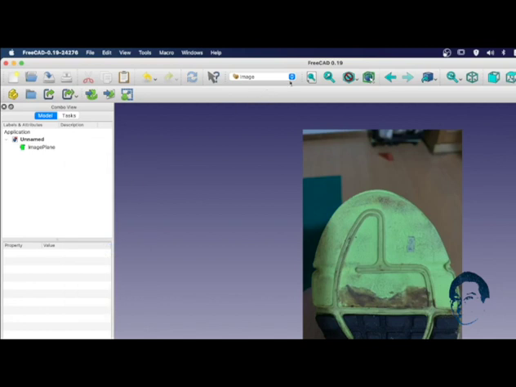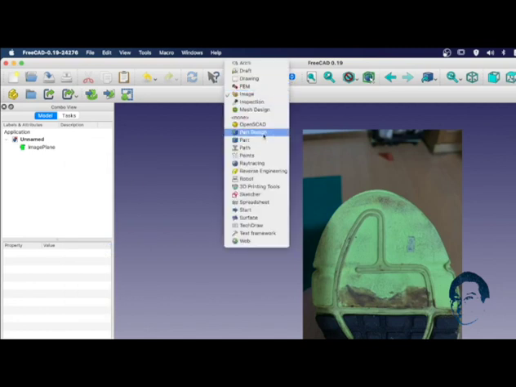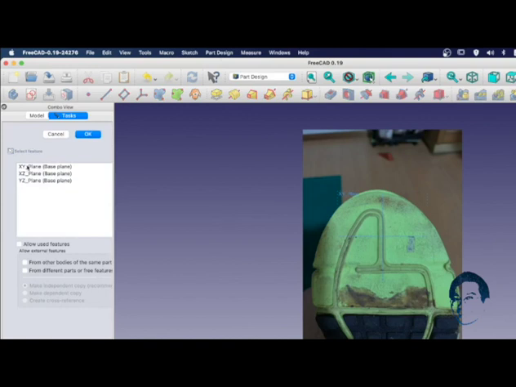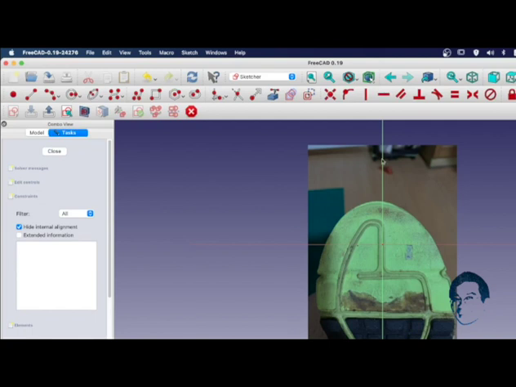Next, you go back to Part Design. In Part Design, you create a new body, a new sketch, and use the same XY plane. So now this is the sketch where you're going to sketch your model.